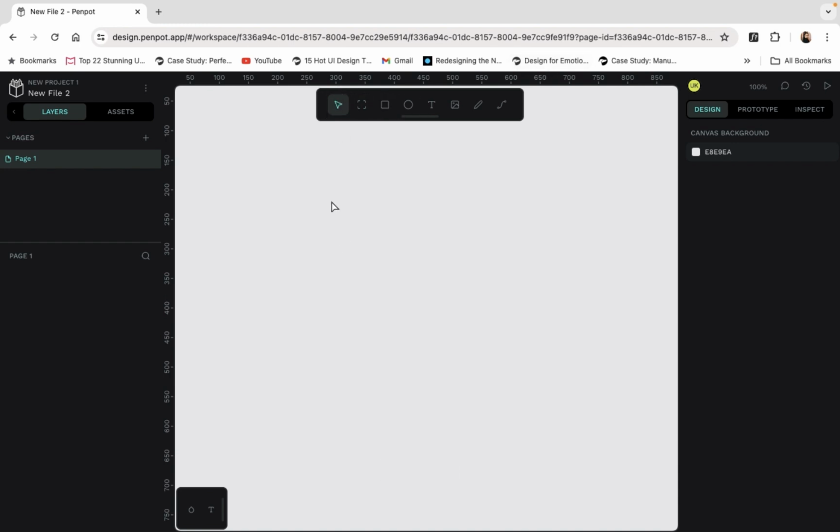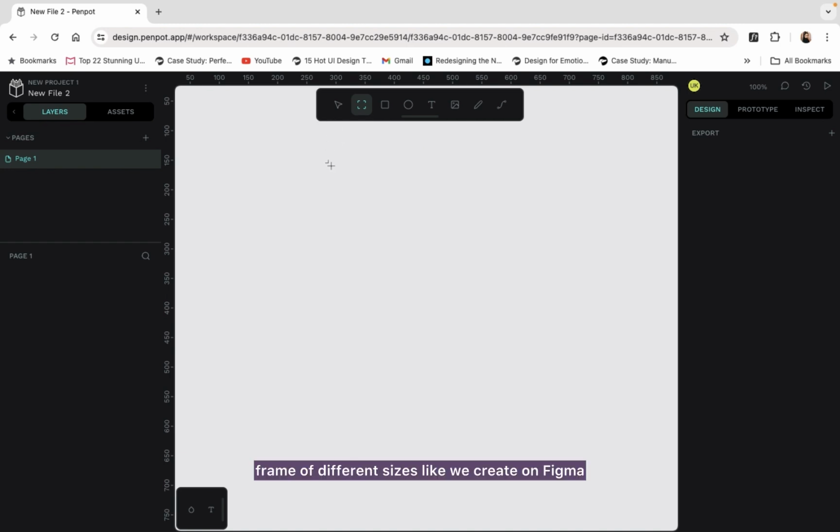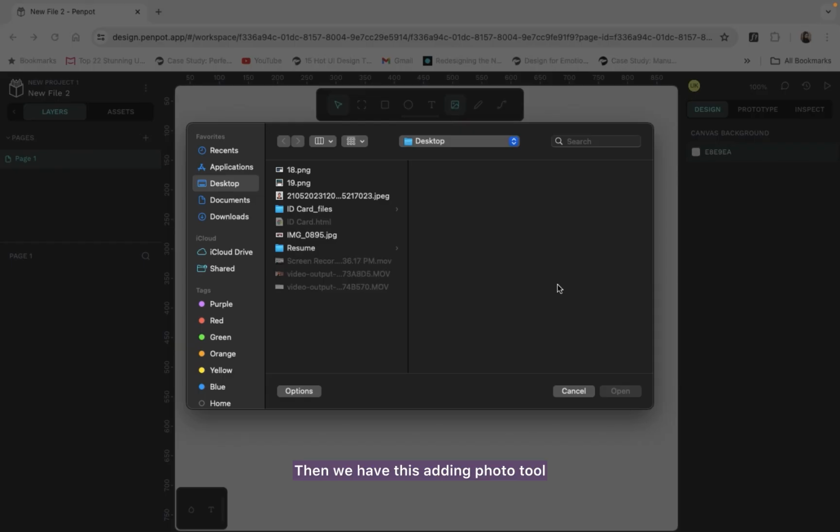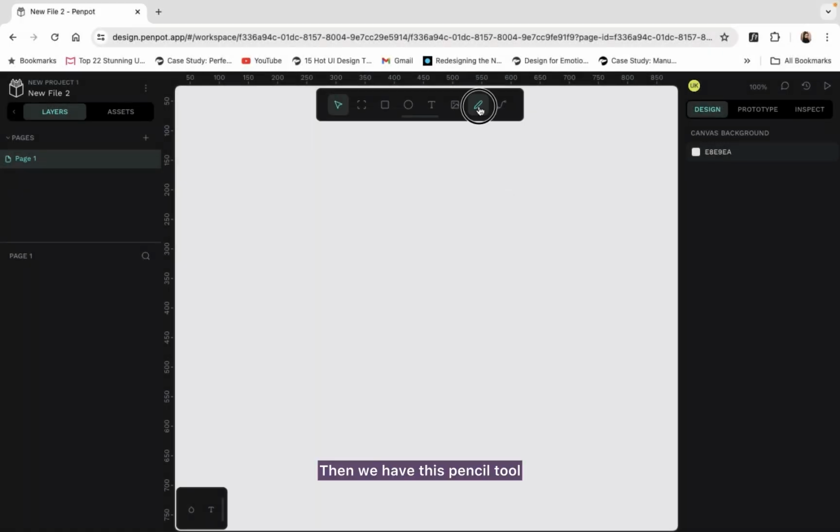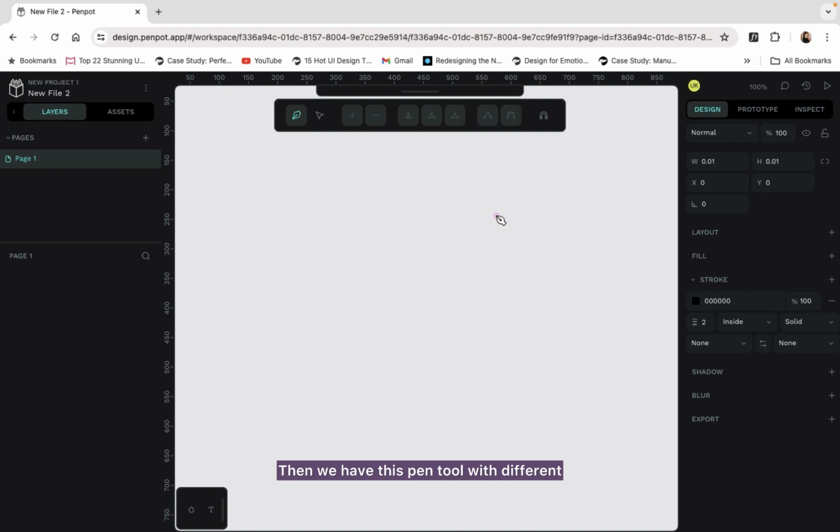This is our cursor, and then we have this tool from where we can create a frame of different sizes like we create on Figma. Then we have the shapes tool, then text, then the add photo tool, then the pencil tool, then the pen tool with different options, as you can see.